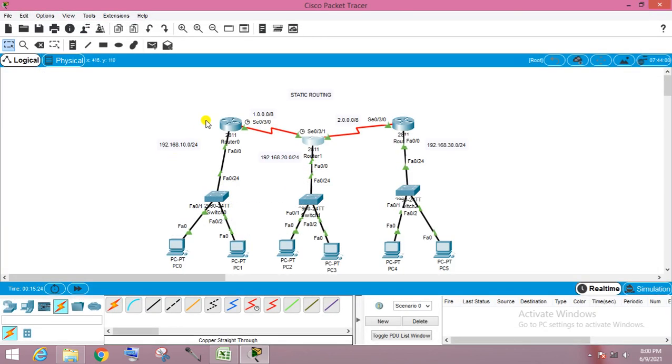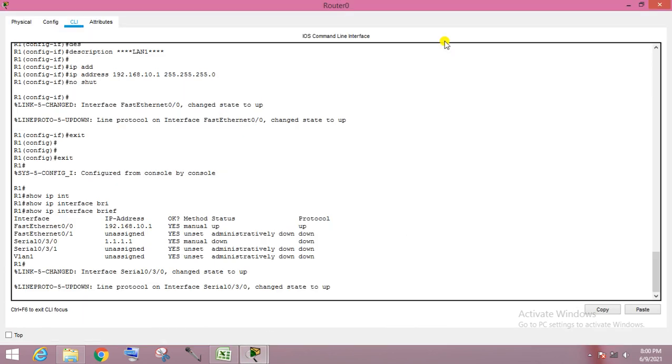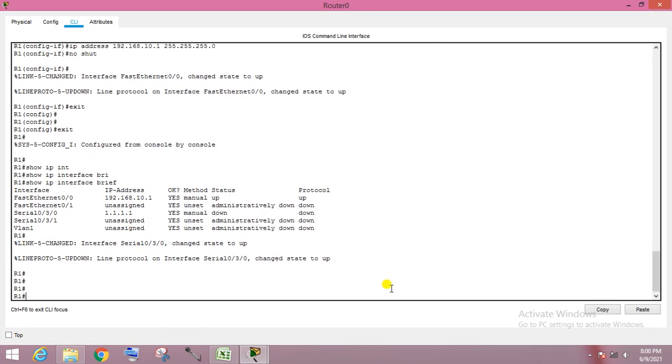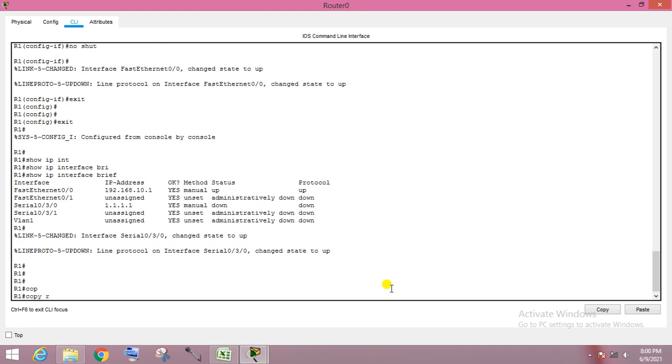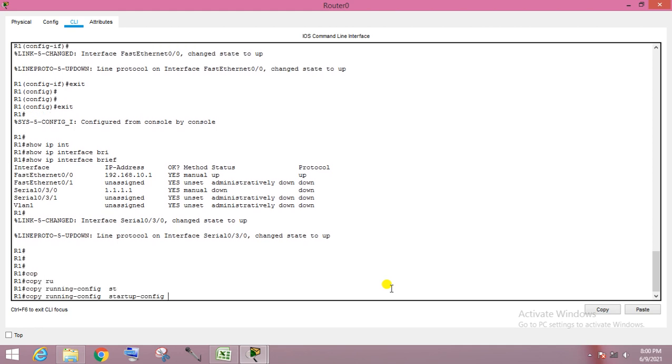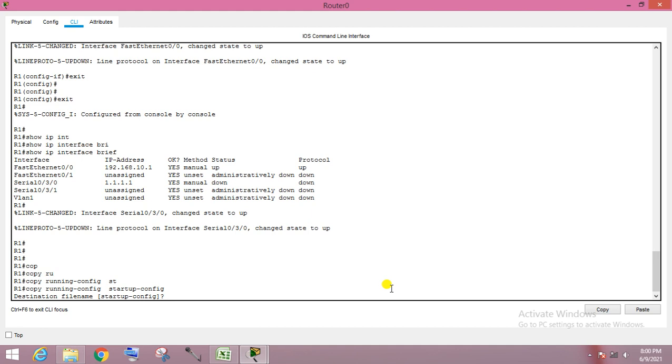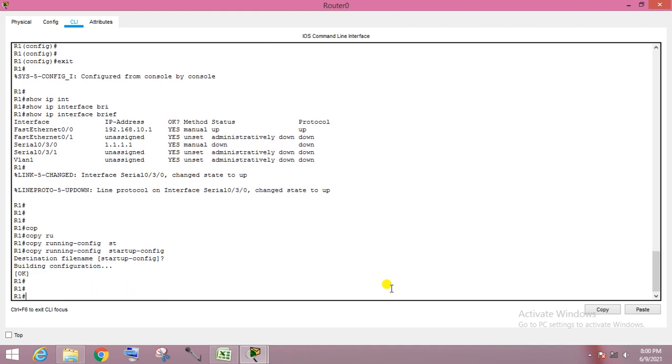Okay, same thing here. You can also hit the command copy running configuration to startup configuration. Both are the same command. All the configuration will go from RAM to NVRAM. If your router reboots, your configuration will not be lost.